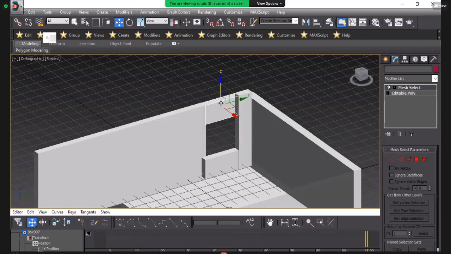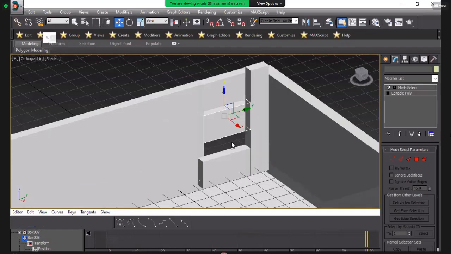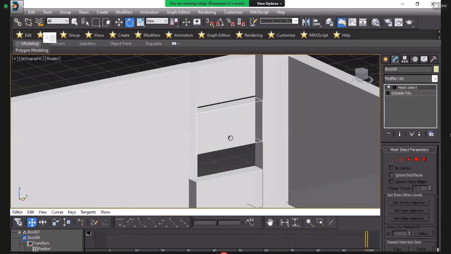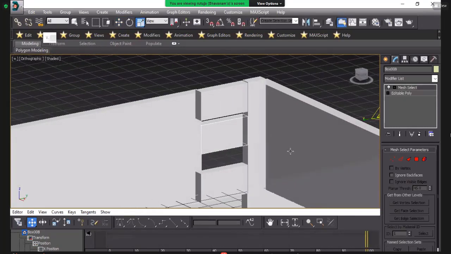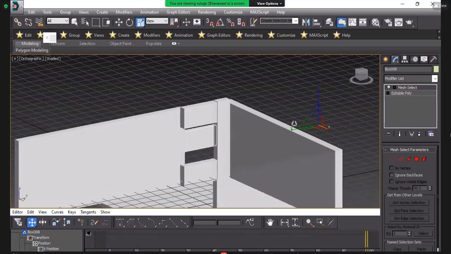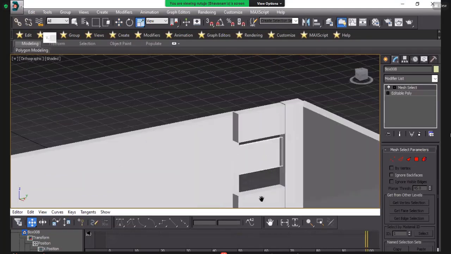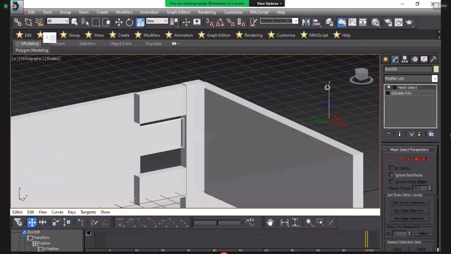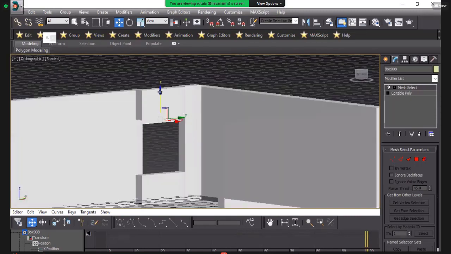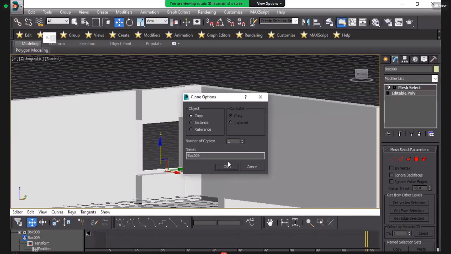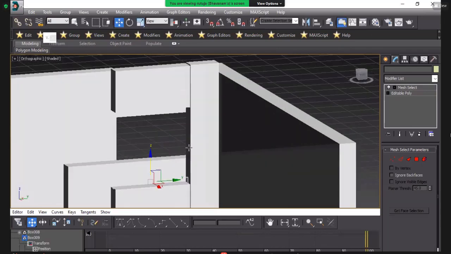Press it, and you can use this method for creating a window. Just place it at the upper side, shift, drag, like that. Press OK.